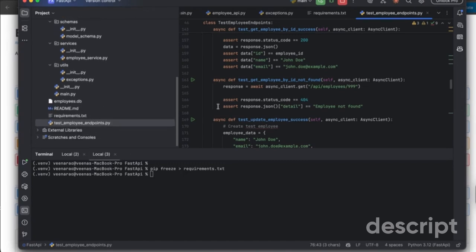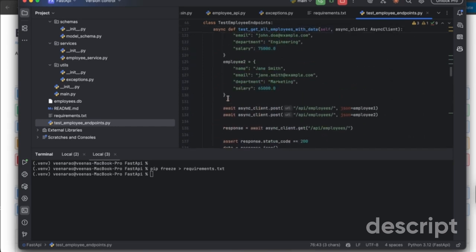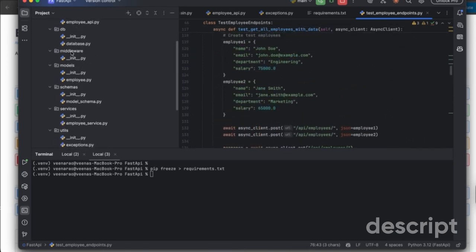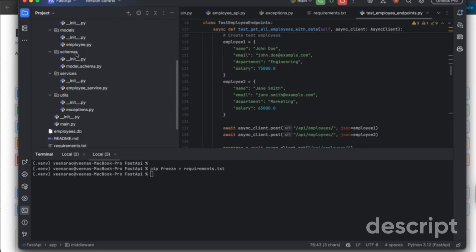We have to log at some point how this endpoint is performing, success and failure. So currently we have not added any log statements. So you can just inject it as a middleware. You can write a file here as a middleware. And then you can inject it in your main.py wherever you need that.